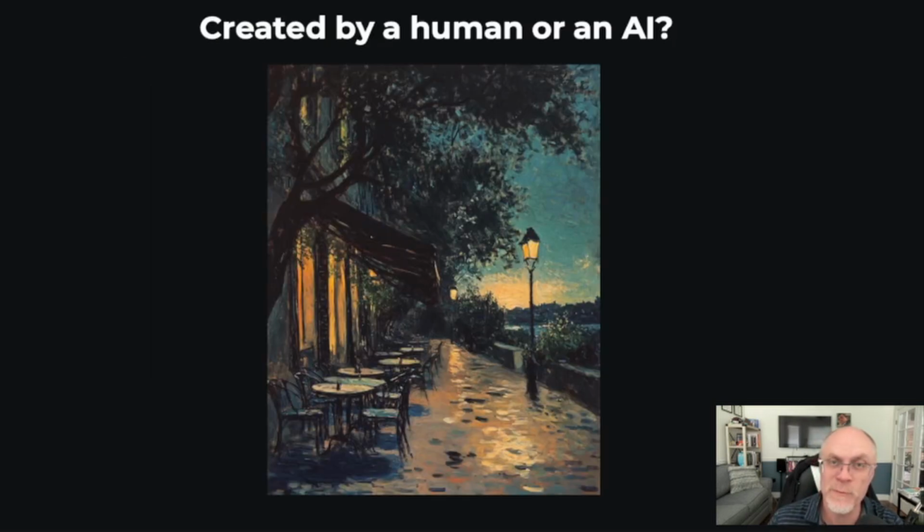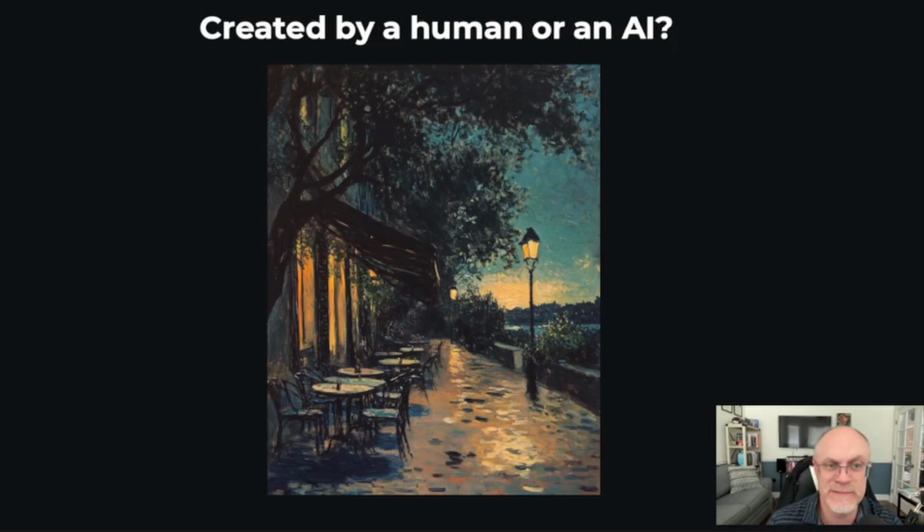So when most people think about AI these days, they're thinking about a subfield of AI called generative AI, which really, after ChatGPT was first launched publicly in November of 2022, is what most people are thinking about. Image generation is a part of that. And so I want to start out by showing you this work of art here. Do you think this was created by a human being or by an AI?